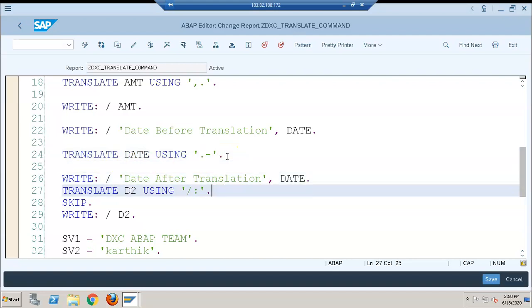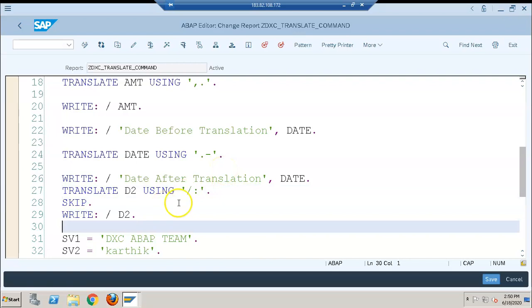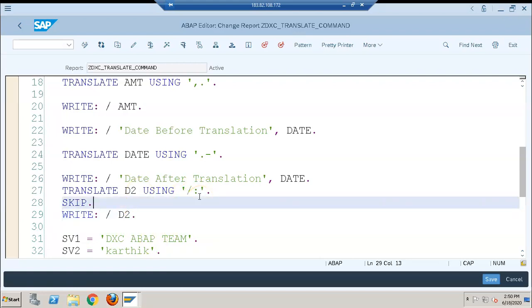Then the date will be typed with dot changed to hyphen. Then we have translate D using slash with colon. If you want to replace slash with colon, you can do this, and then in the output you can see that D2 will be shown with colon.